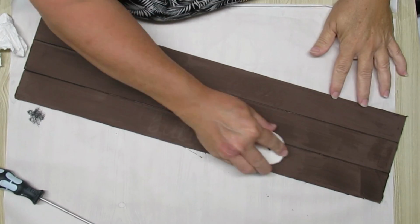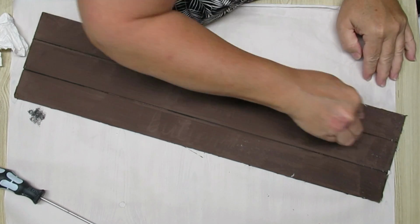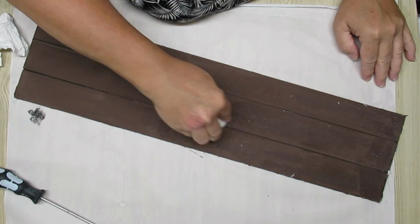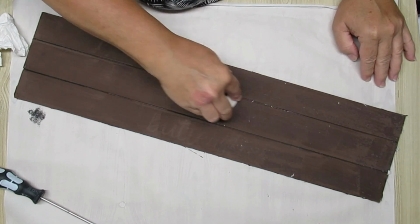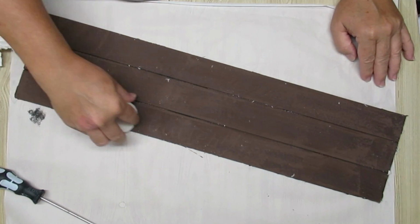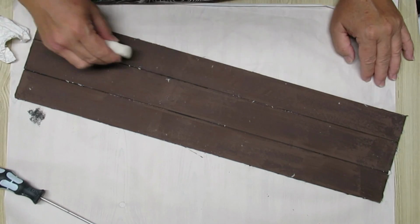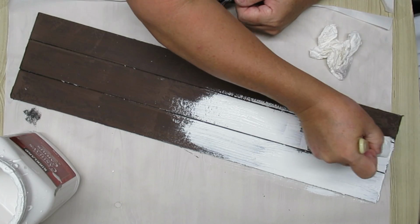The brown paint is dry, so I'm just taking a candle. It's just an old IKEA candle that I popped out of its tin shell, and I'm running it over the board. Now it looks like I'm getting it everywhere, and I kind of am, but in some areas the wax just doesn't stick, which is fine. I'm going to give it one good coat of